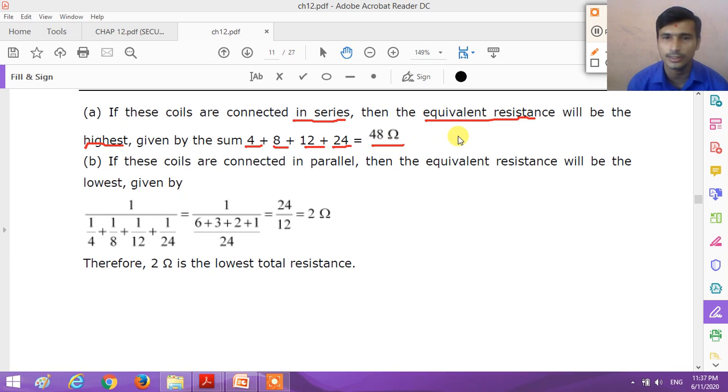Now what is the lowest, the smallest resistance? When all the four resistances 4 ohm, 8 ohm, 12 ohm and 24 ohm are connected in parallel, the equivalent resistance we obtain is the lowest resistance. So what is the value of the lowest resistance? It is calculated by this formula: 1 by R, the equivalent resistance, is equal to 1 by R1